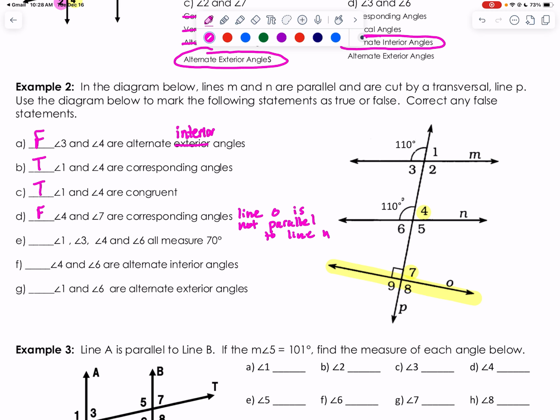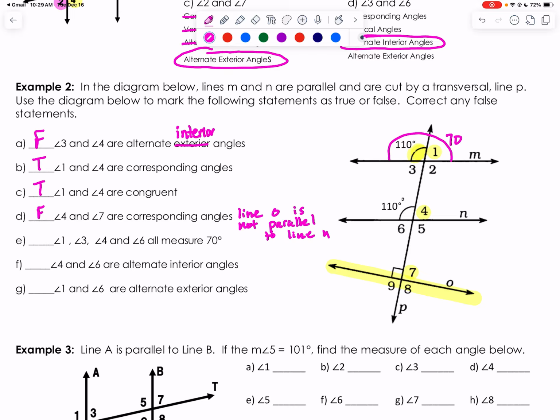All right, next statement. Angles 1, 3, 4, and 6 all measure 70 degrees. Well, let's look at angle 1 right here. Now, angle 1 and this angle form what's called a linear pair. And linear pairs add up to 180. So this angle would have to be 70 degrees. So we do know angle 1